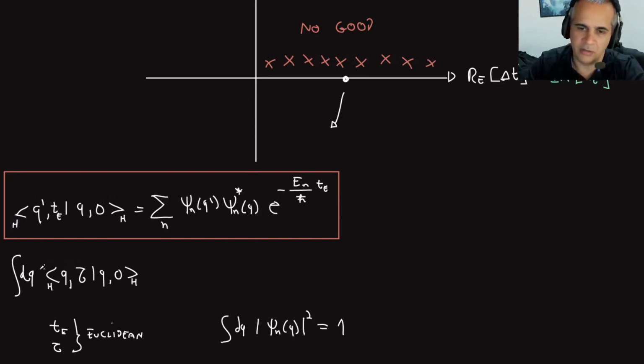So if I include this integral here and make q prime equal q, I can write this just as the sum over n of the exponential of minus tau over h bar E_n,